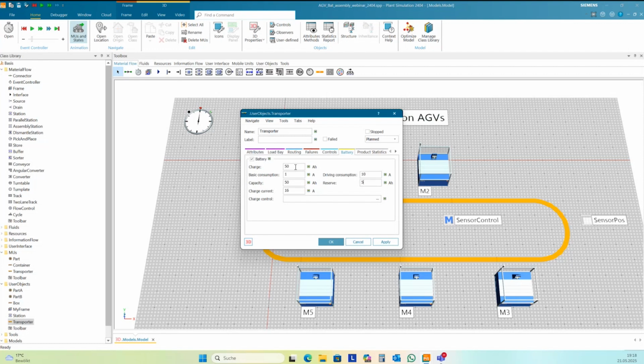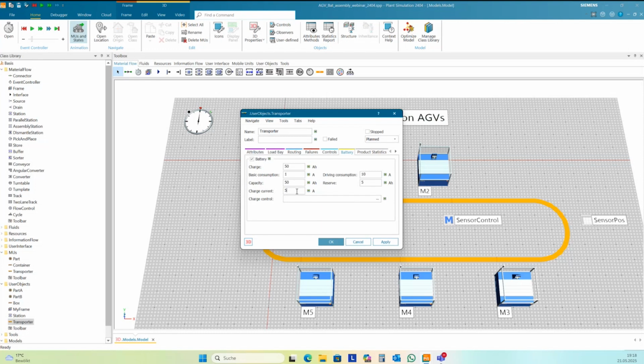In our case here, we don't have such a special place to charge our HEV. We charge it directly on the place where it stops. And here we change the charge current to 5 ampere. And capacity is the maximum capacity of the battery. And it loads linear. You can change all the values we have here dynamically.